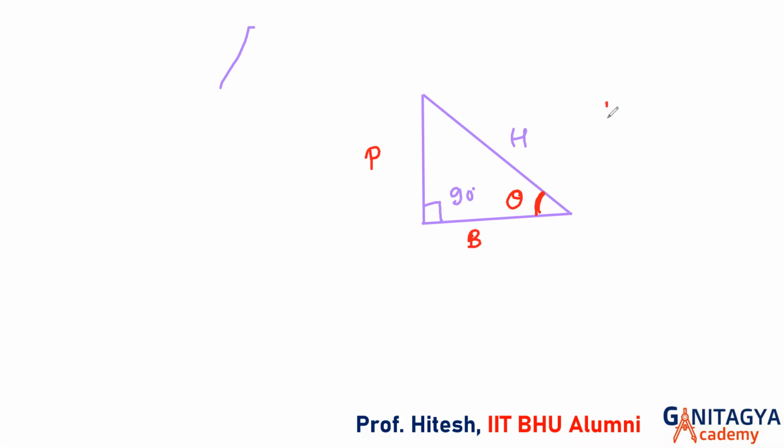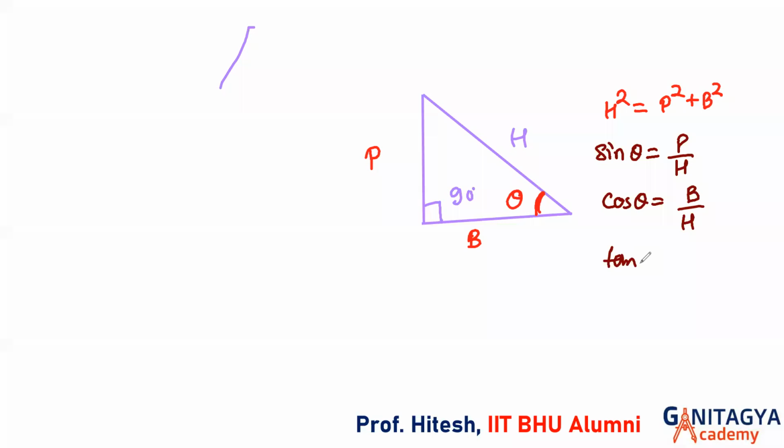According to Pythagoras theorem, h square equals p square plus b square. Sine theta is equal to perpendicular upon hypotenuse, cos theta is base upon hypotenuse, tan theta is perpendicular upon base. And opposite to this, cosec theta